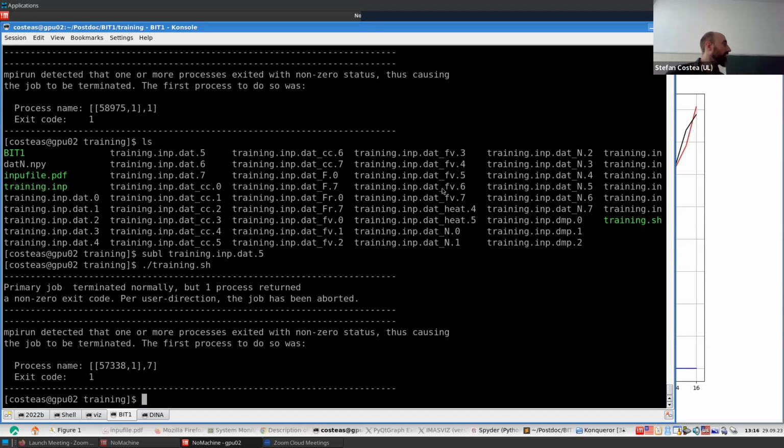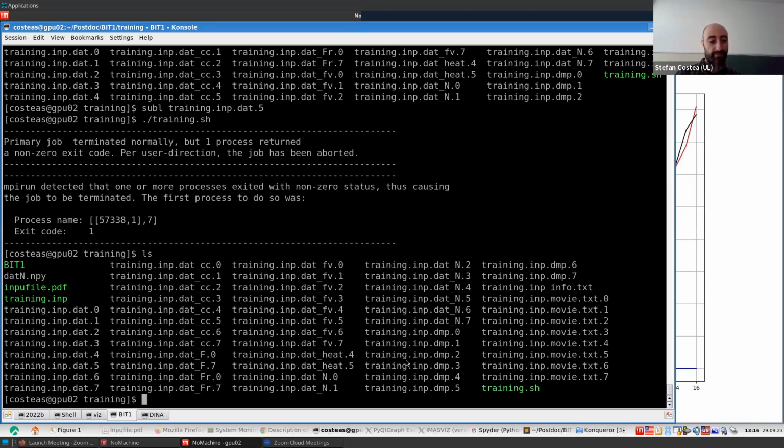Okay, it terminated normally, it says here. And now if I list, I see I have movie files. The movie file is the same as that file, but now each time step is appended in the same movie. So if I look in it,